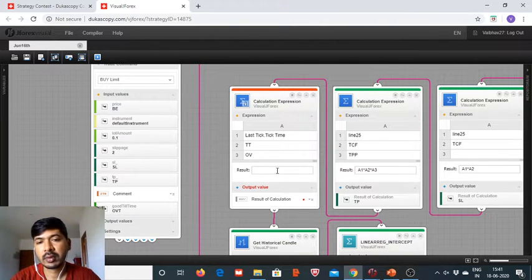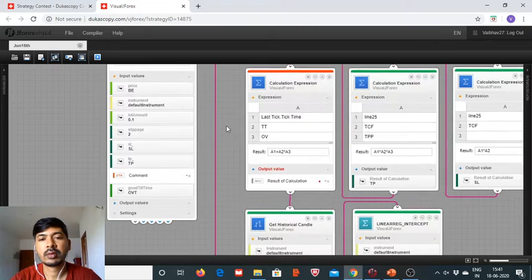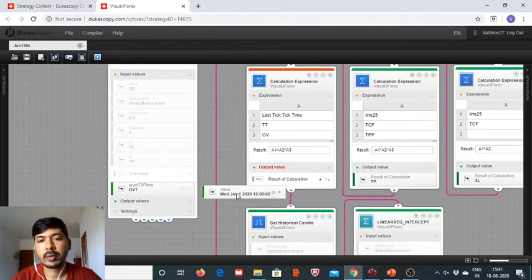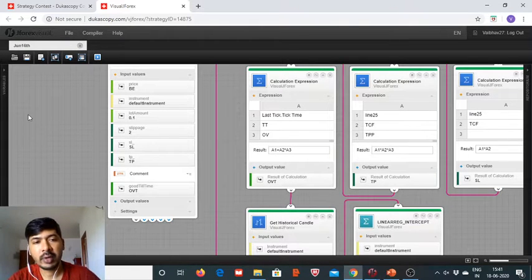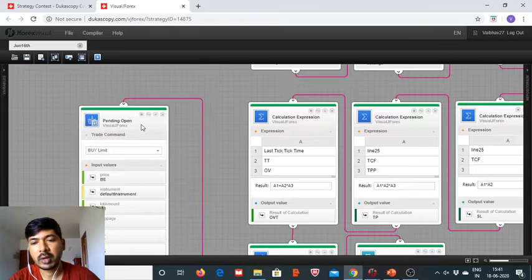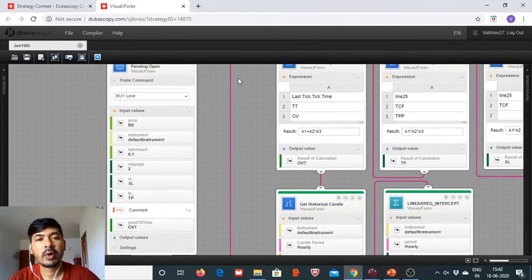and we now have to do the calculation, and we have to add these ticks multiplied by 3 to the last tick time. So that will be A1 plus A2 into A3. So it is going to be valid for 3 hours. So here we have defined all the requirements, all the parameters for the buy side,